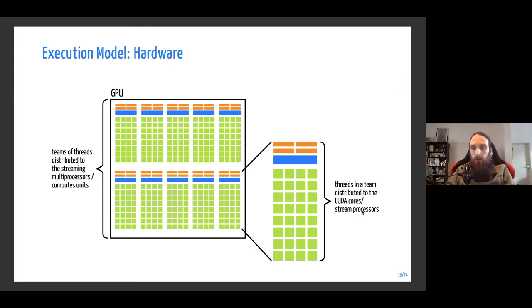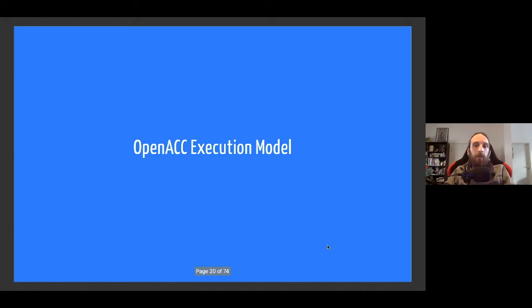And then when you distribute the work inside the teams, you have the threads, and these threads will be distributed to the CUDA cores and the stream processors, with the intermediate level that is a warp, or a wavefront on AMD hardware. In the case of OpenACC, the execution model is slightly different.